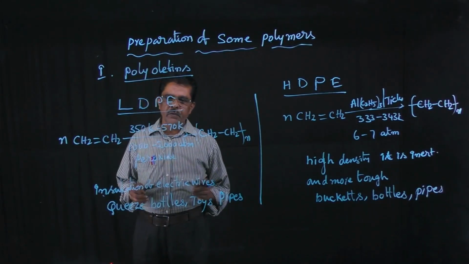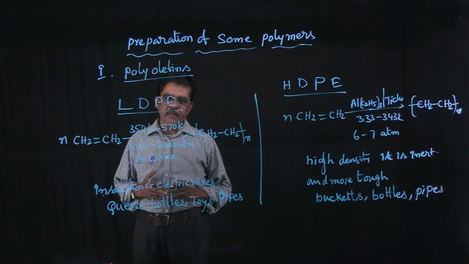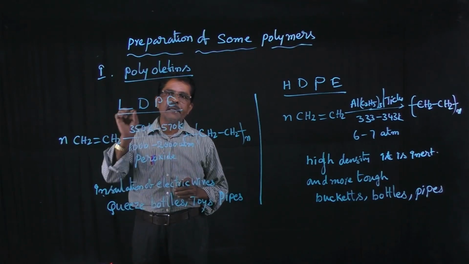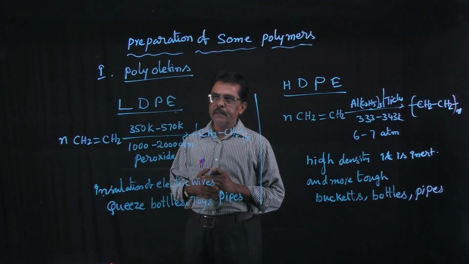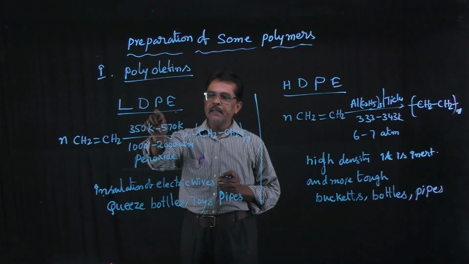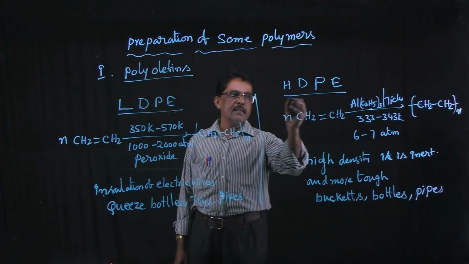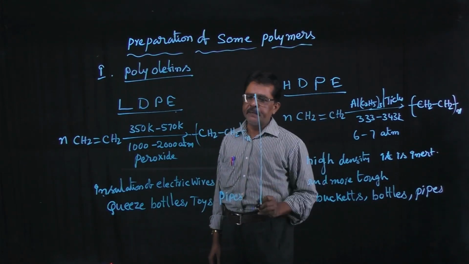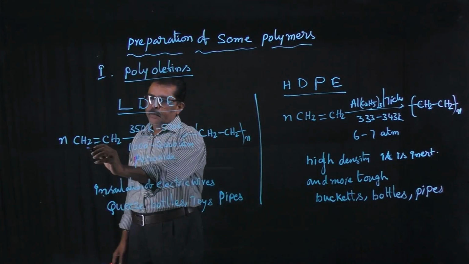Students, we learned about the polymerization reactions. Next, preparation of some polymers. First one is polyolefins. Olefin means what? Double bond compounds. These polyolefins are again two types: LDPE, that means low density polyethylene, and HDPE, that means what? High density polyethylene. This low density polyethylene can be prepared when